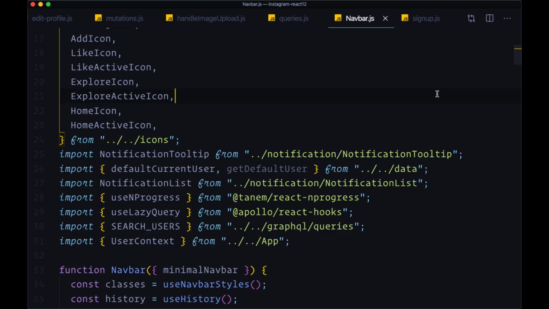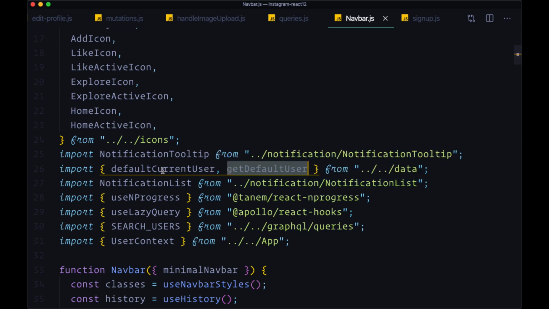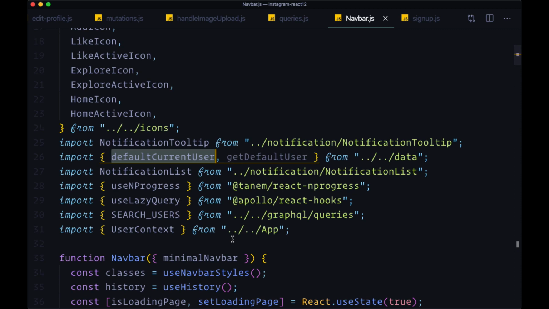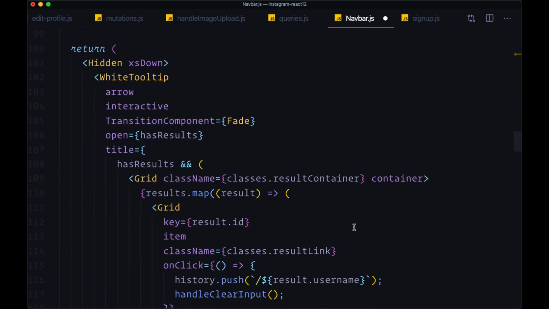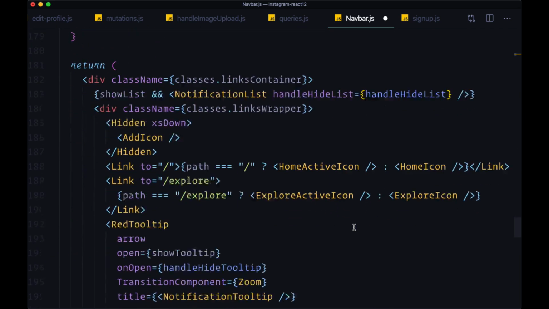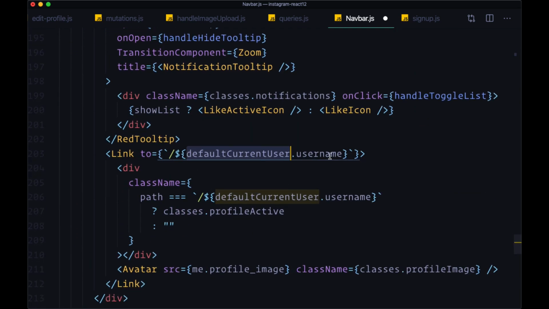At the end of the last section, we were adding the current user's information to our nav bar. So we no longer need the get default user import from our data file. And we can also get rid of the default current user import that we have here. If we head down to links, you'll see that we're using the default current user information here when we're linking to the username. Instead, now that can come from